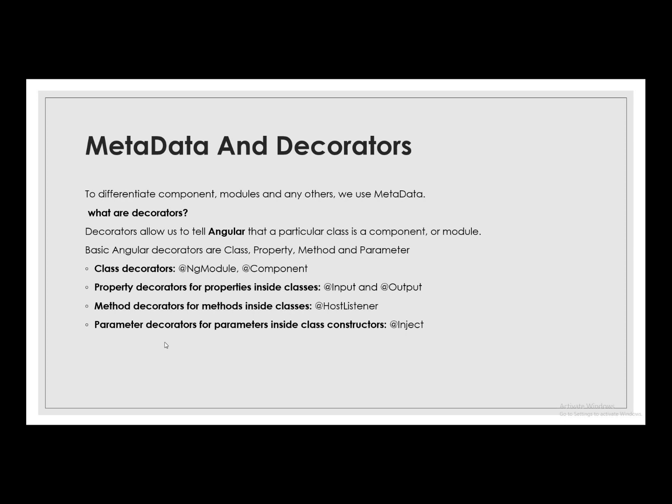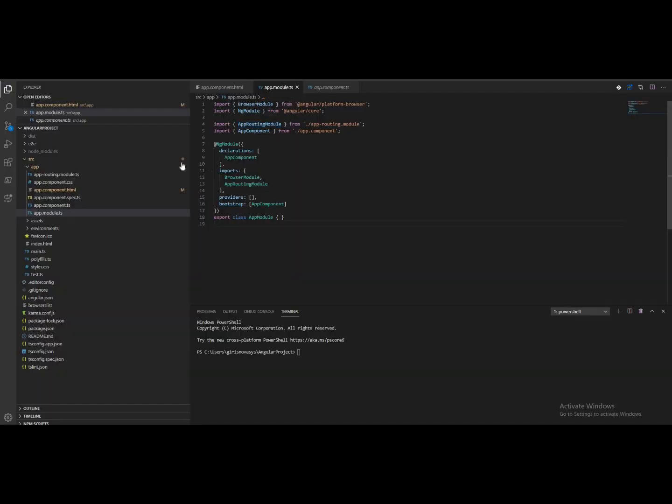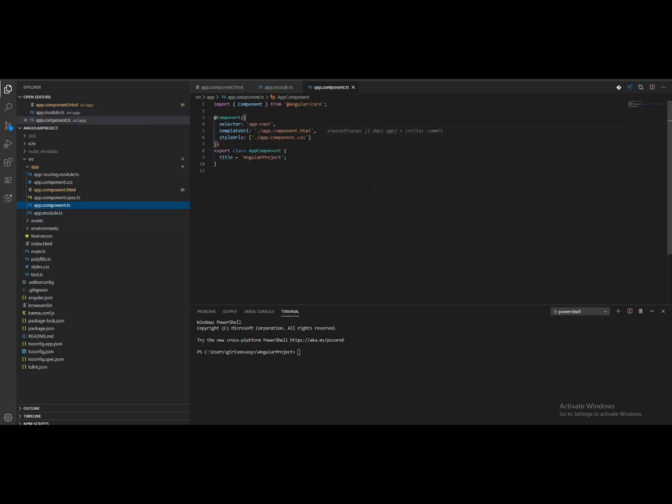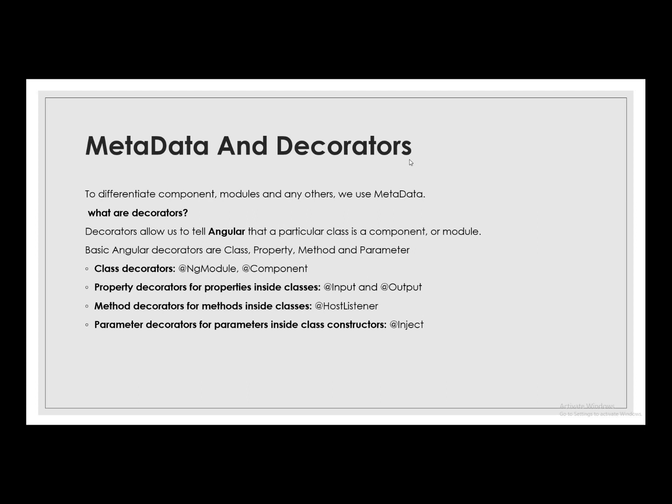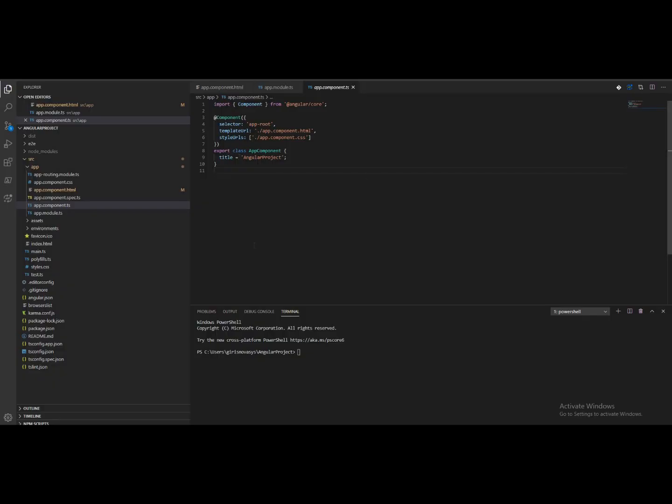Parameter decorators are for parameters inside the class constructors: @Inject. As of now, we know about class decorators which make Angular classes components or modules. We will discuss the remaining decorators in ongoing videos. The whole point of a decorator is to store metadata about a class, method, property, or parameter. We can also build our own custom decorators, and we will create one in a later session.